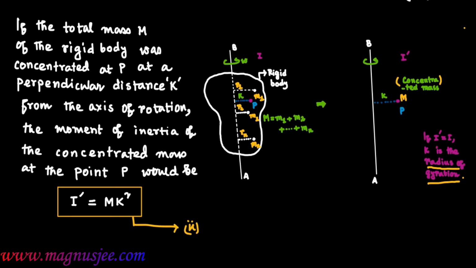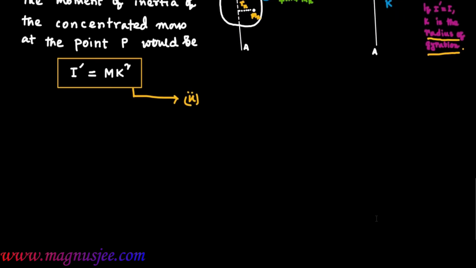That's why I prime equals mk square, which is equation 2. Now in the diagram, capital M, that means the total mass of the rigid body, is concentrated at the point P at a perpendicular distance k, and I prime is the final moment of inertia of this concentrated mass about the axis of rotation AB, which is mk square. If I prime equals I,